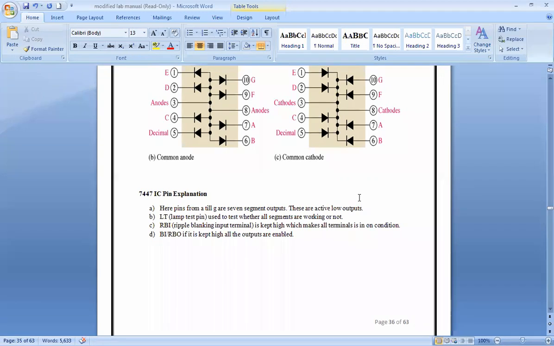Any doubts here, students, up till this point? No, sir. Okay, fine. So just stay in the line, and I'll be